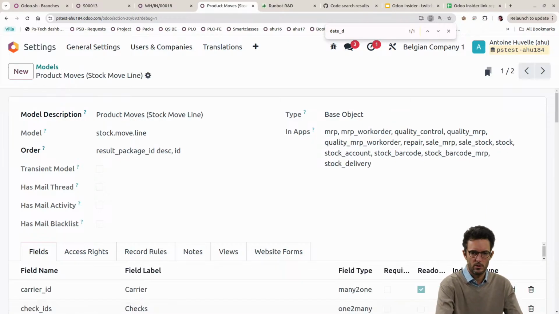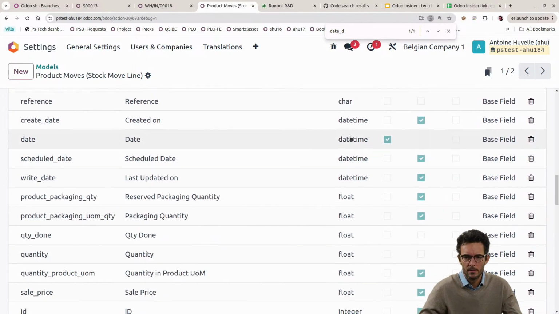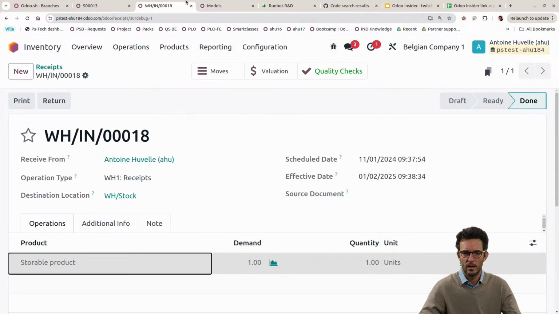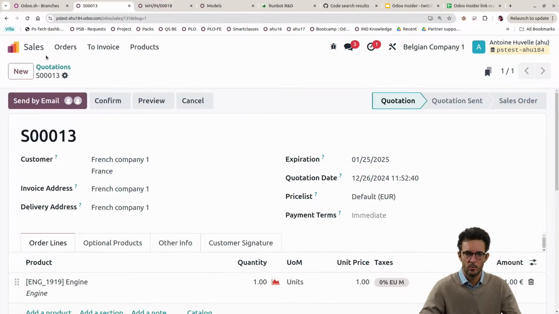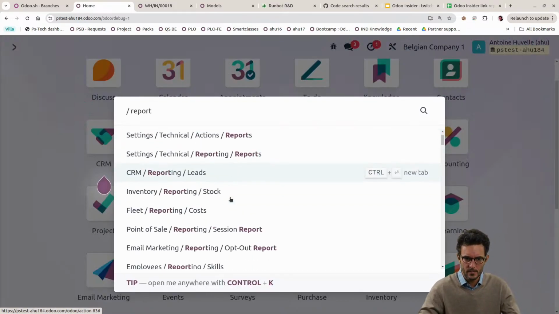Let's see if we have something more right here. Just date time. Okay, last updated on that. Okay, not the one that we are looking for, so it will be on the picking. So I suppose that it will be really this one that matters to us. We can have a look at that and check also how the reporting is evolving based on the new entries that I have. I'm going to redo that, and we are going to monitor the change in the